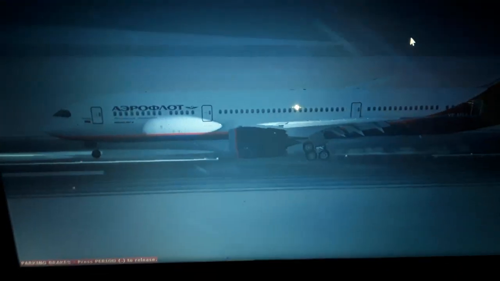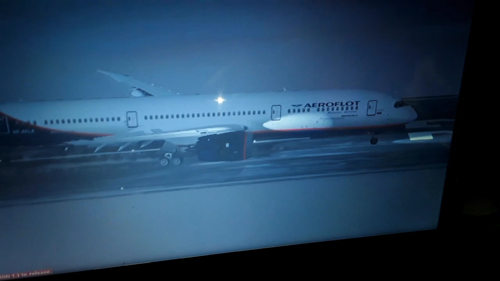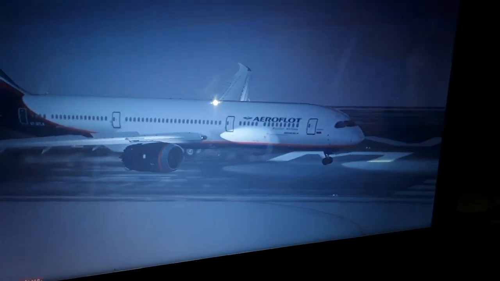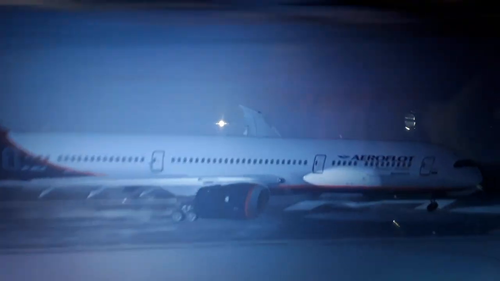A very beautiful landing. All flight controls. You can see the landing gear outside is perfectly normal. There is no breakage, and we made a perfectly nice and normal stop over here. So you can see the landing